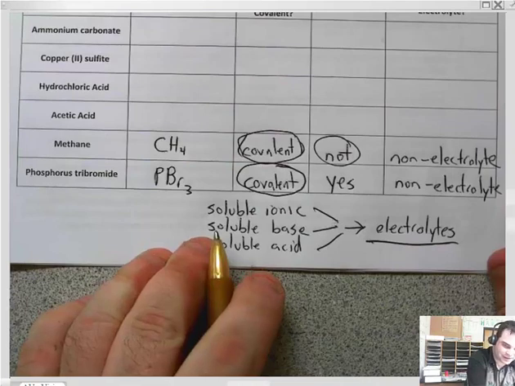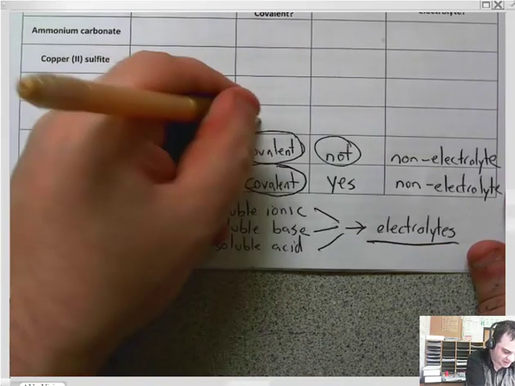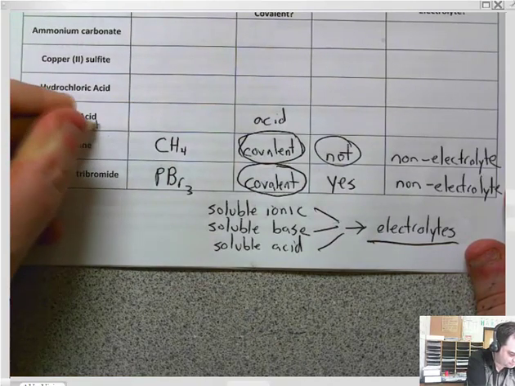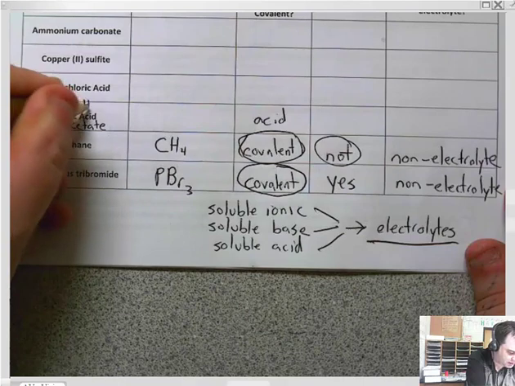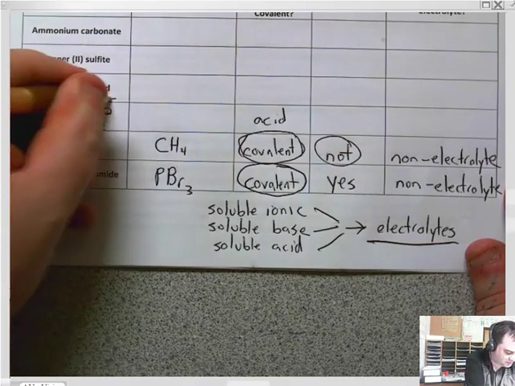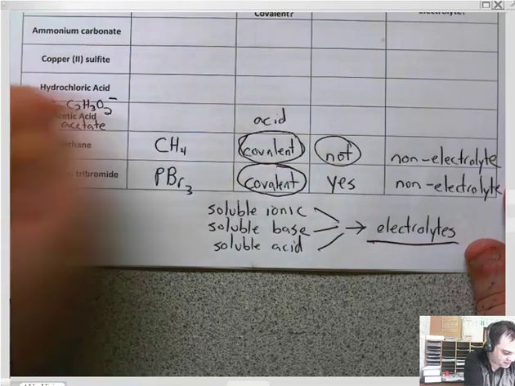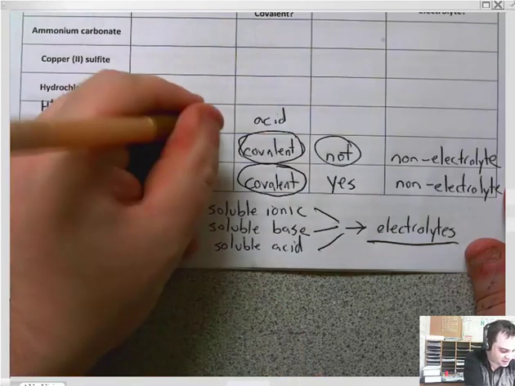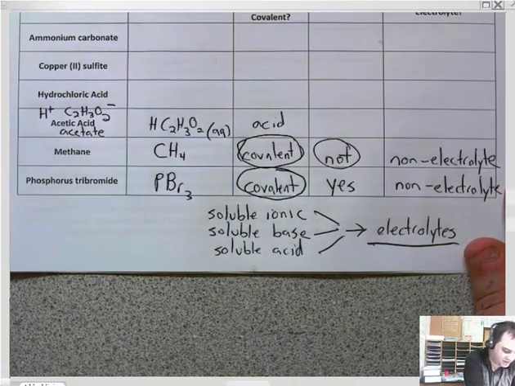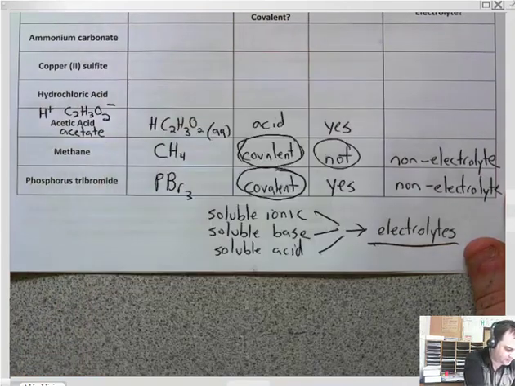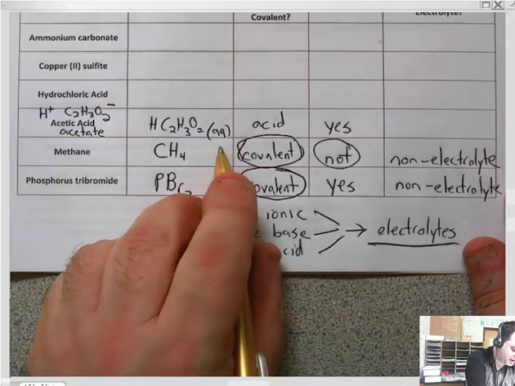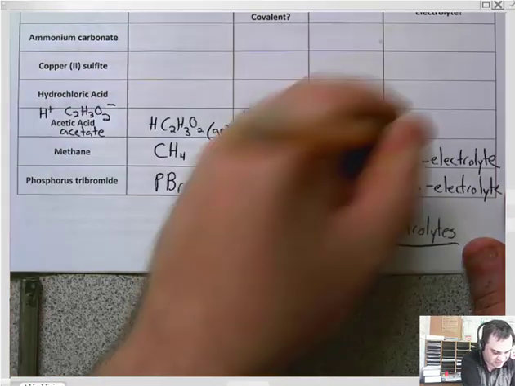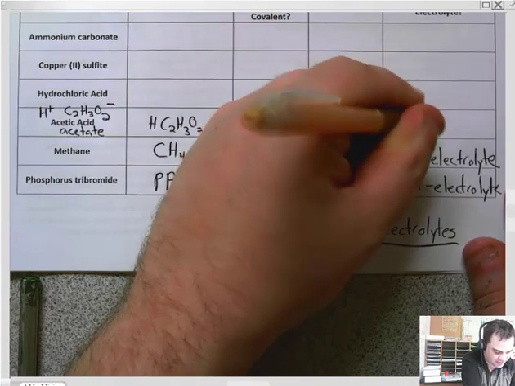Acetic acid. This is an acid because it says acid. This is the acid of acetate, C2H3O2 minus, and acid starts with H plus, so this is HC2H3O2. Since it's an acid, we all know that acids are all aqueous, so we always put the AQ after it. So this is soluble, yes. Is this on the strong acid list? It is not. This is a weak acid, so this is a weak electrolyte.